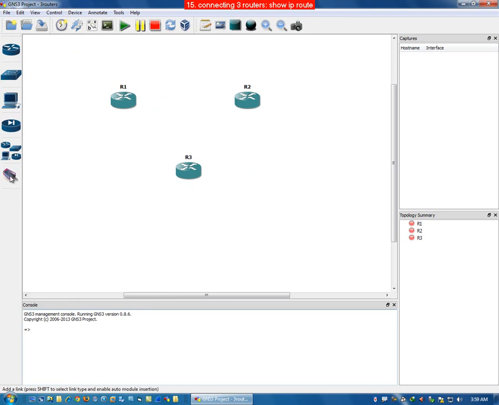So click on this icon using shift key to select the serial link, serial R1 to R2, R2 to R3, R3 to R1. Okay,